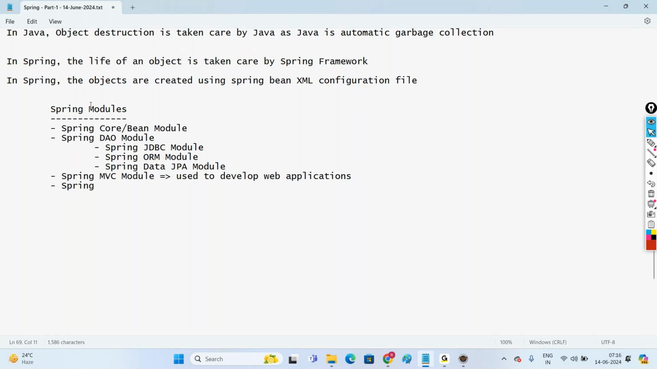Spring Boot module, very important one. Spring REST module. This is used to develop REST APIs. It's mainly for distribution. Distributed applications means one application can communicate to other applications which are running in different servers using REST APIs. So the plan is like today we go with this core module, day 2